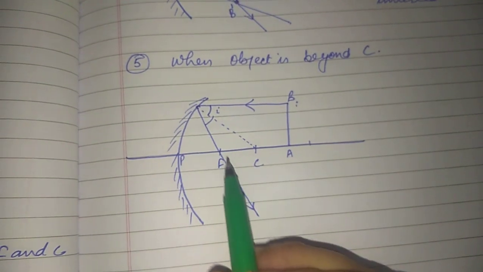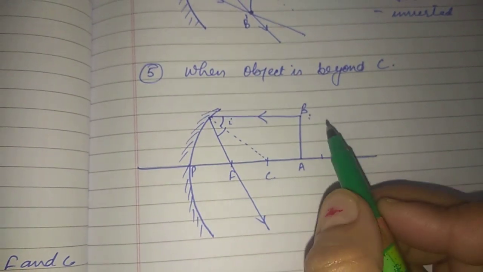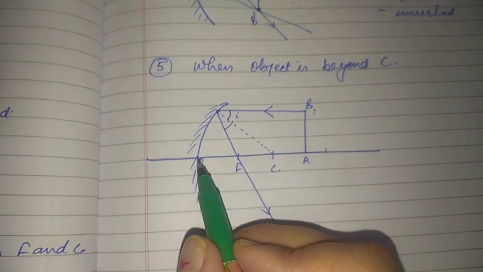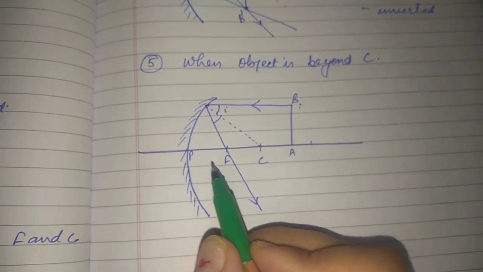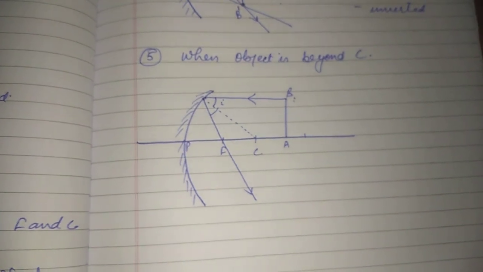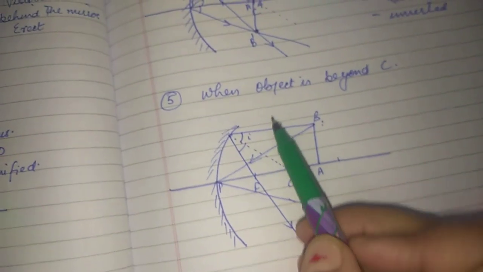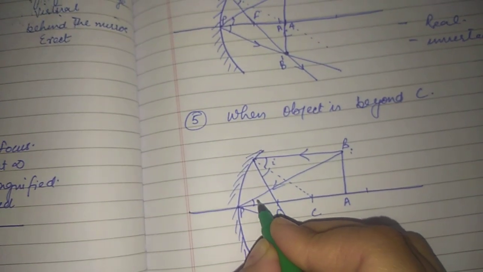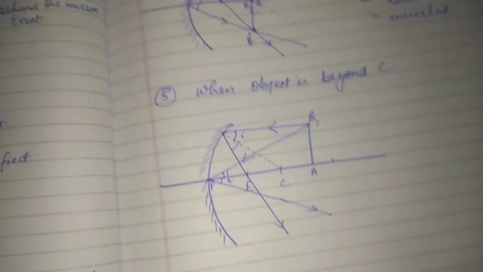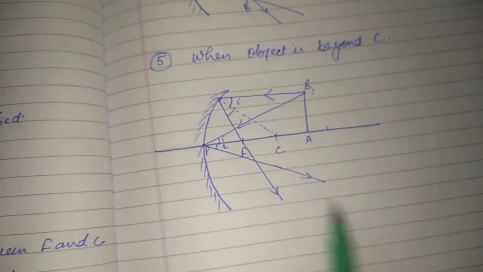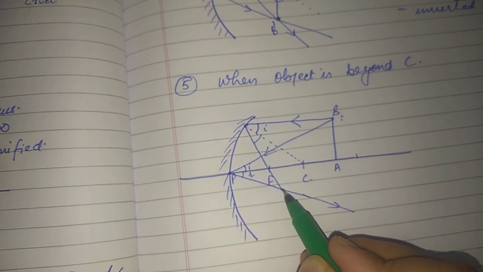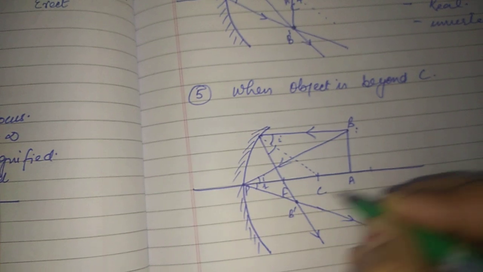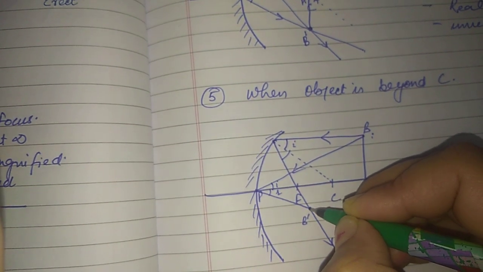So the reflected ray is passing through the focus, and the second ray I am going to take is going to fall on the pole, and then after following the law of reflection, let us see where the two rays are going to meet. So I have drawn the ray which is going to fall on the pole. Angle of incidence, angle of reflection. After making both these two angles the same, you see both of the rays are going to meet here at this point. So this is the image of point B,